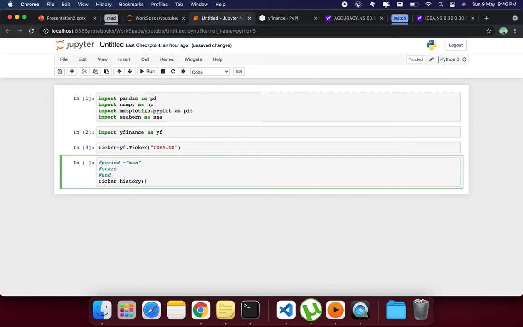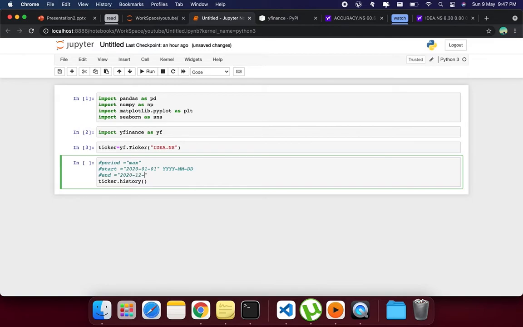You can also give 5 years, 1 year, 2 years, however you want. Start will be a start date, like 2020-01-01, that is the 1st of January 2020, and the format of it is YYYY-MM-DD. Okay, similarly the end of it will have the same format, so we can give 2020-12-31.